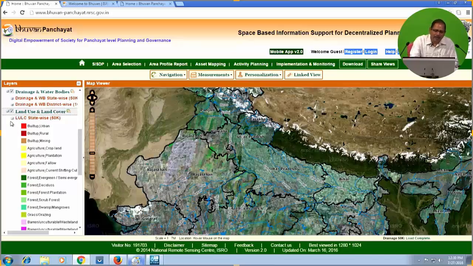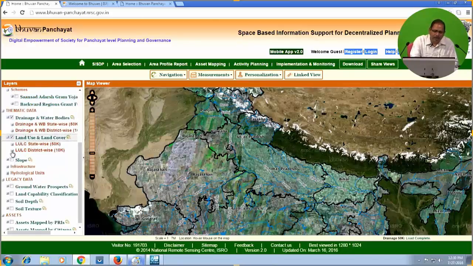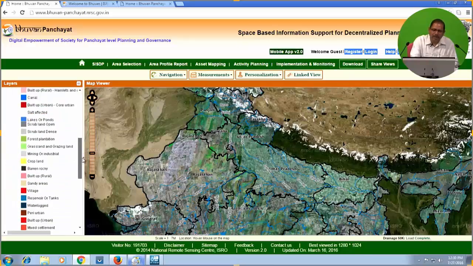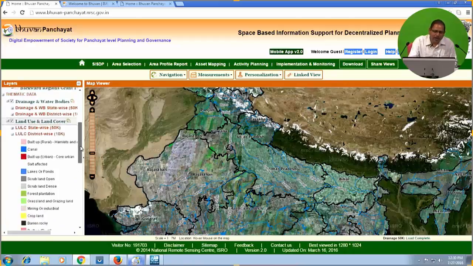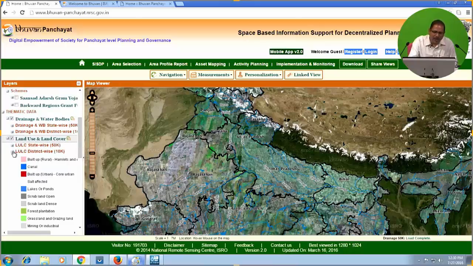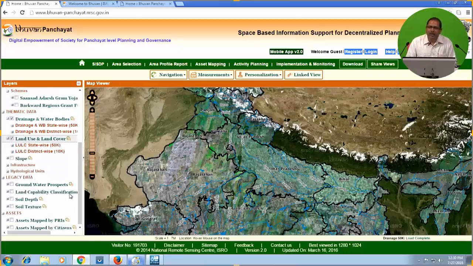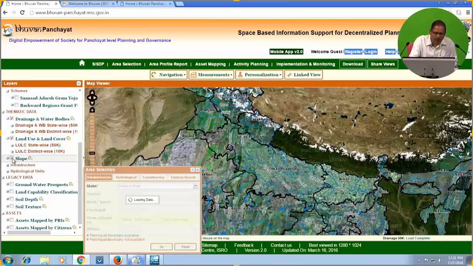and at the same time this land use land cover data on the 1:10,000 scale under the project that was presented by Dr. Nagaraja just before my session on space based input for decentralized planning. Under this project we are creating the 1:10,000 scale map by using the Cartosat series of satellite data sets. It is available here. You can also show the slope map, you can link the infrastructure,